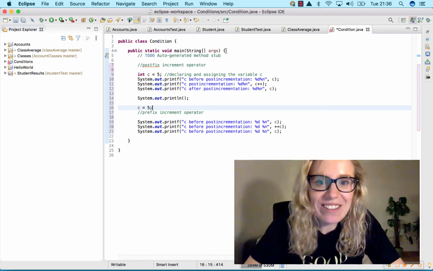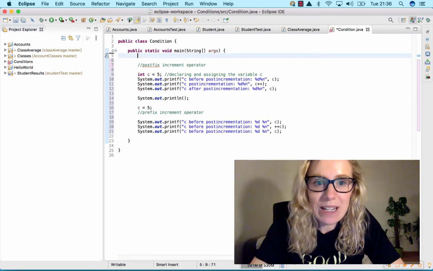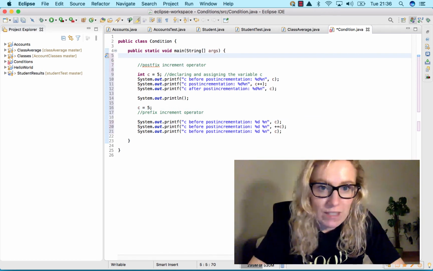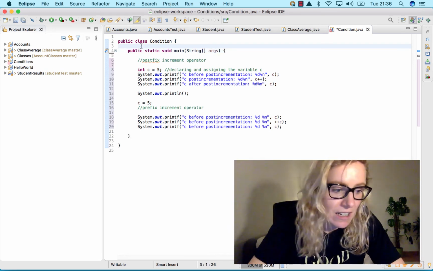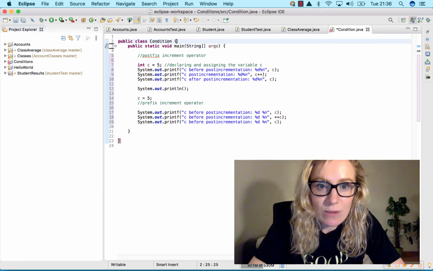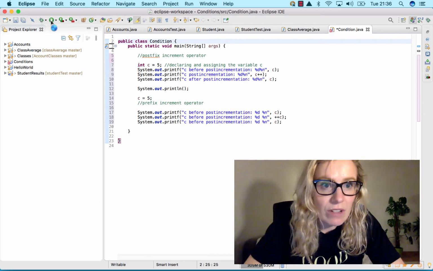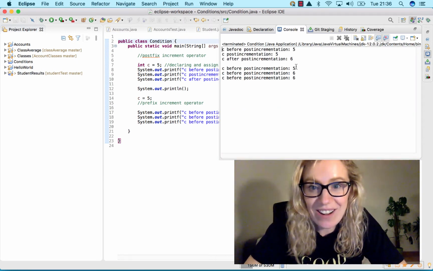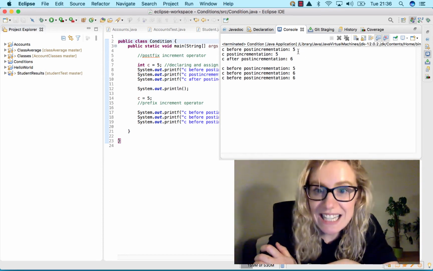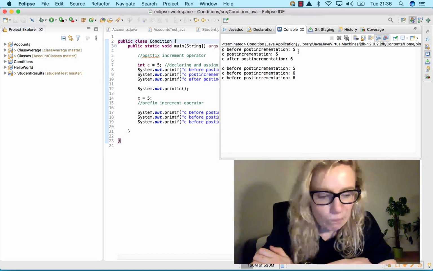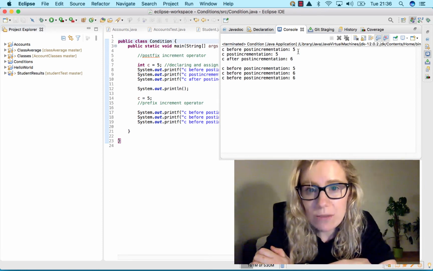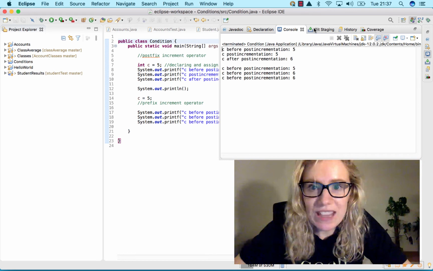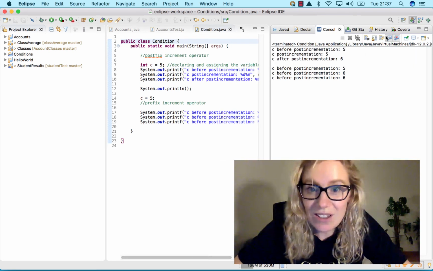Now if we remove the to-do up here, just to clean it up a little bit, that should be it. There's only one method in the class, which is main. Now if we run the program, you can see here in the console it says 5 5 6 and then 5 6 6. So you can see how it works. Also, that's the console, and if we move this back down here,